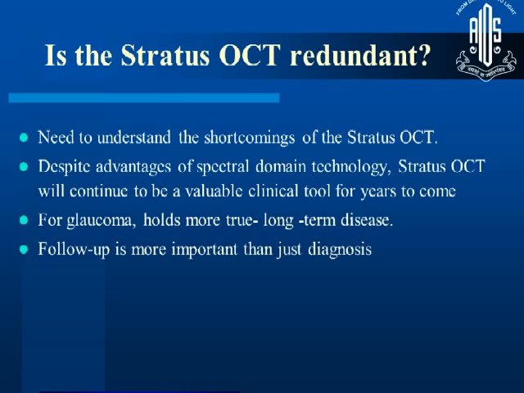So until we can build that up, we need to keep our data on the Stratus, I think, until we have substantial data. But I don't know what's going to happen with the adaptive optics. Is the Cirrus already going to get redundant? But I think for glaucoma, we need to not junk our older technology too fast before we have something substantial